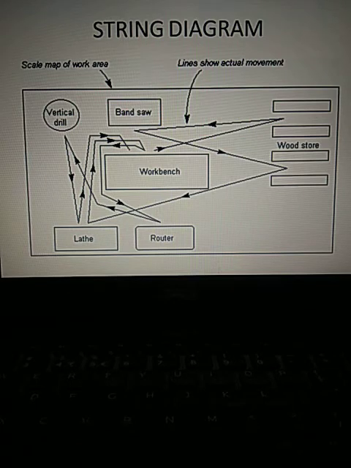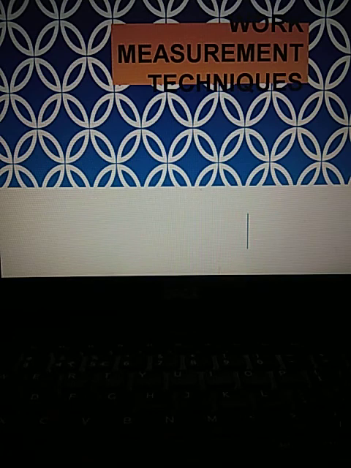So till now you came to know one of the methods of understanding work study. What is that? Work study is actually divided into two areas. One is called method study and one more is called time study. Now you came to know about method study. After studying this part, exclusively we are going to understand one more part, a very, very important part. You call that one work measurement techniques or else time study.